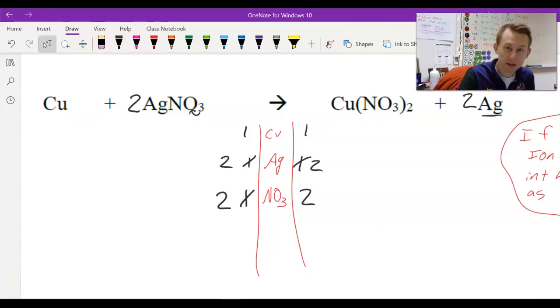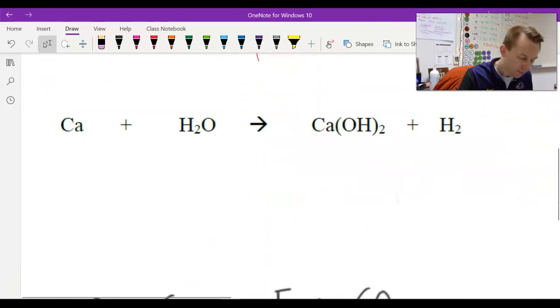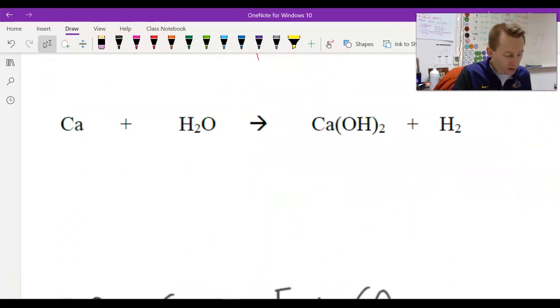This problem was much easier when I was just looking at it that way. Alright, next one. So,